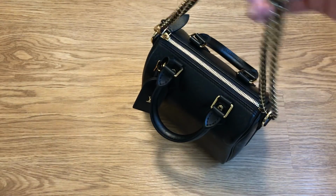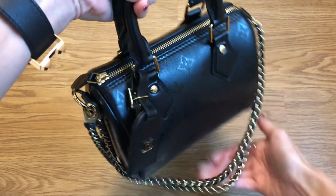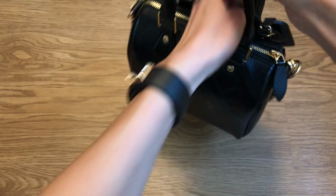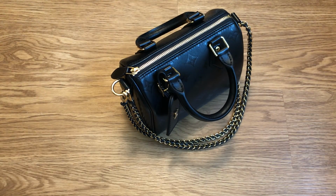Oh, how cute is this? And I can do that. Oh, that's very charming. That's really cute. And I can put it in the crook of my arm. Yep. Just making sure that it fits. Yeah, and I'm not going to do mod shots right this second,